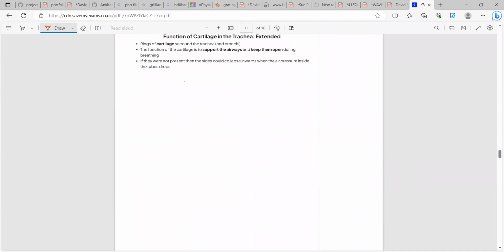So the rings of cartilage surround the trachea and the bronchi. The function of the cartilage is always to support the airways and keep them open during breathing. If not present, the